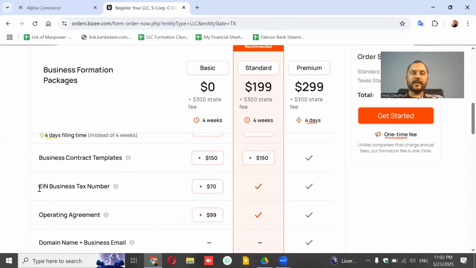EIN is an important and compulsory thing. They are charging plus $70 in their basic package, and in their standard package, they will not be charging anything, but for the package itself, they are charging $200 extra. So, a more important thing is the processing time of EIN. They are taking a lot of time. I have heard complaints from multiple of my clients that they first went to them and they have not received the EIN even after 2 months of applying. So you should be aware of this as well.